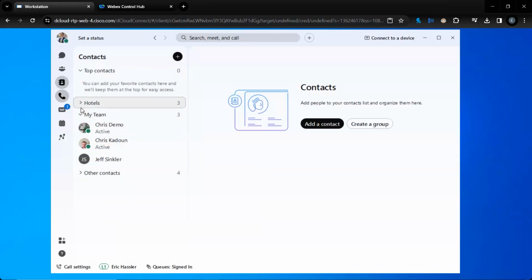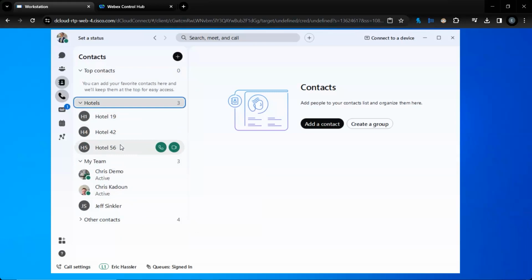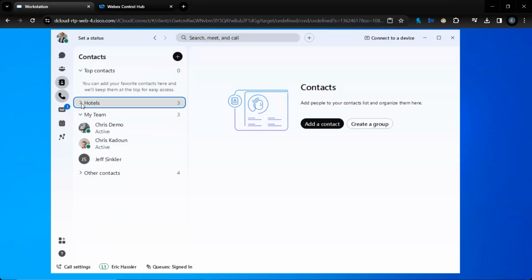In addition, you can also have a global address book. So in this example, we had a chain of hotels for a management company. The convenient thing there is by creating that global address book, it provides all of these contacts that anyone in your organization can search for. So you can have one unified address book for everyone and all of your employees.